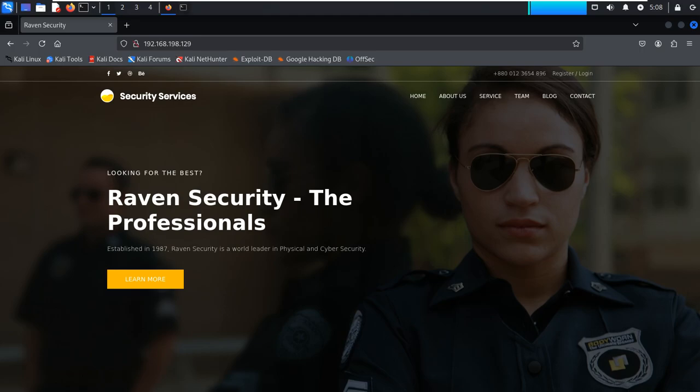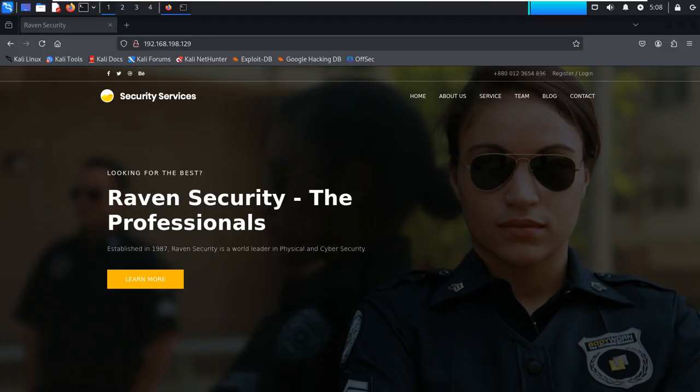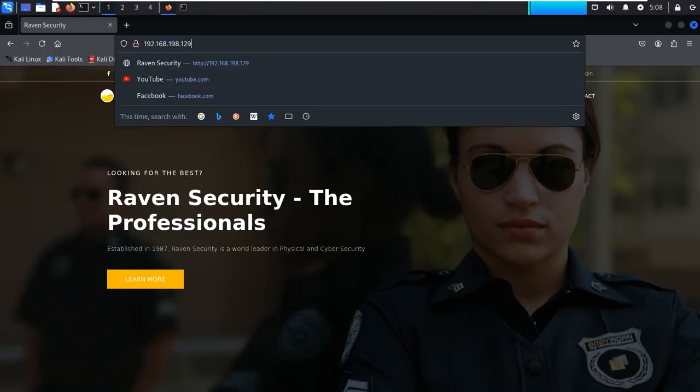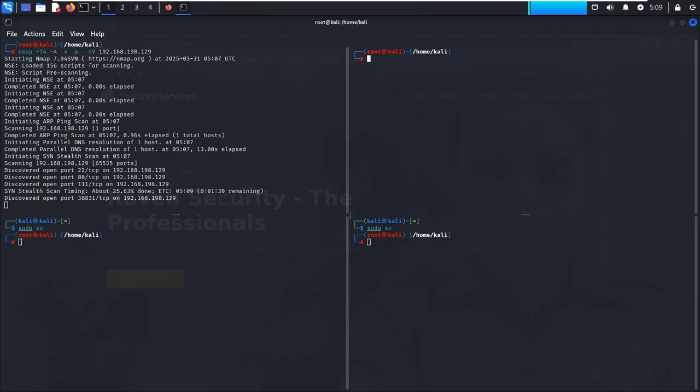So right now, the scan is running, but there are some tools that can actually help us map this website, the files and the directories which are in there. So we're gonna use a tool called GoBuster. Yeah, some use Dirb, but I really love using GoBuster. It's very classic. So GoBuster,